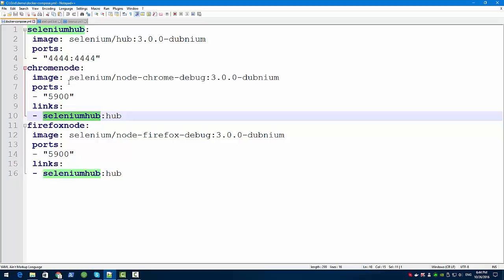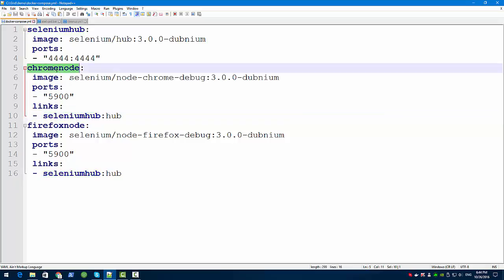That will help our nodes to be able to communicate with Selenium Hub. All right. So that's basically it related to Docker Compose configuration, and now I will show you how to start